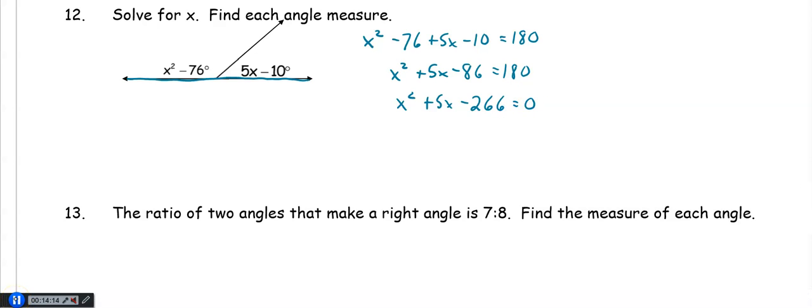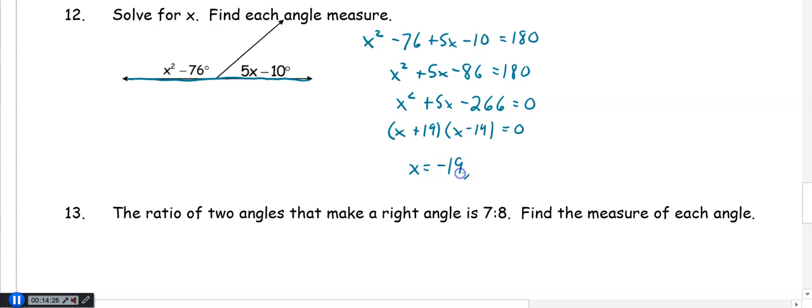Two numbers that multiply to negative 266 and add to 5, so I would have x plus 19 and x minus 14 is equal to 0. So we can switch our signs. x is equal to negative 19 and x is equal to 14. Now, if I look at negative 19 and I substitute into this angle, I would get a positive number. But if I substitute into here, I would get a negative. And I can't have a negative angle measurement, so we are not going to use x equals negative 19 as